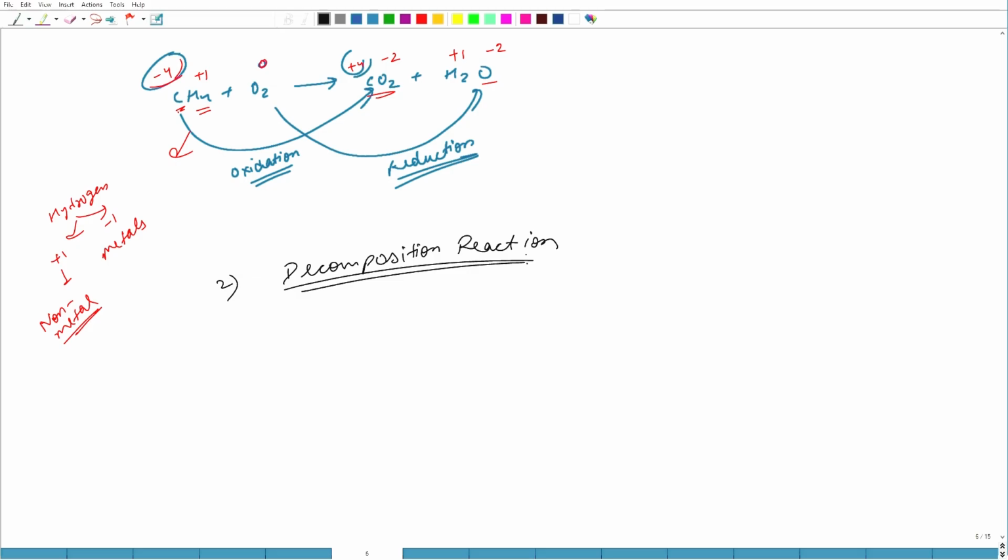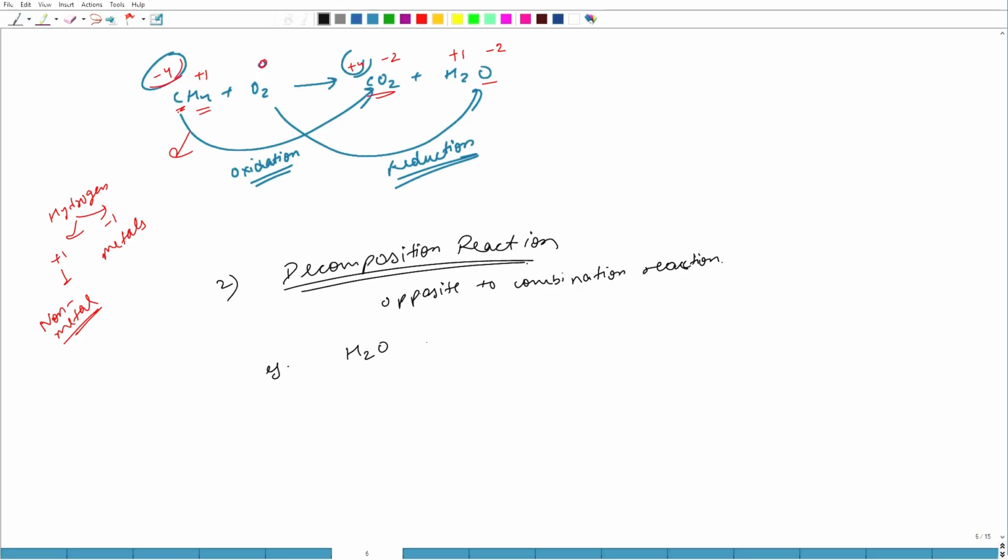Decomposition reactions. Now, what are decomposition reactions? It is totally opposite to combination reaction. In combination reaction, we see that two or more reactants combine to form a product, whereas in decomposition reaction, one compound dissociates into two or more products. For example,